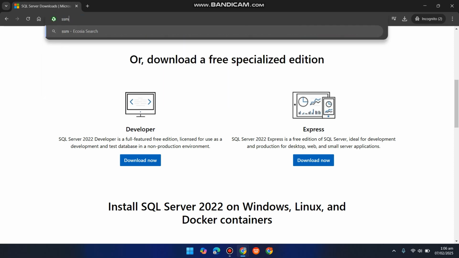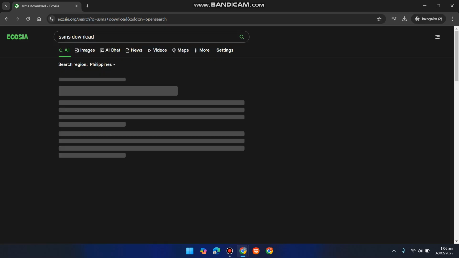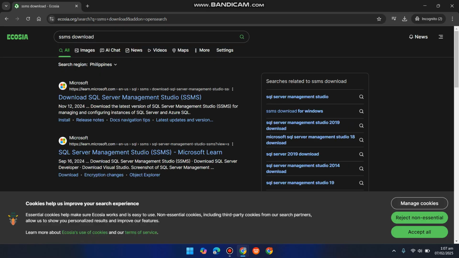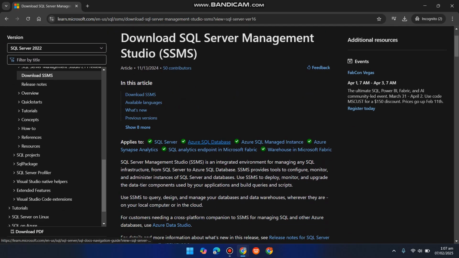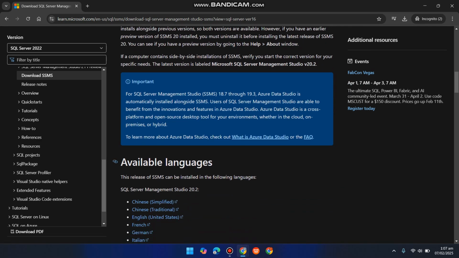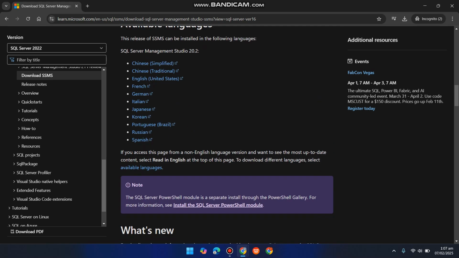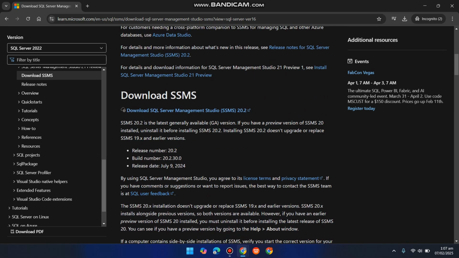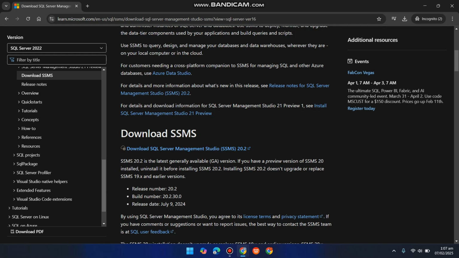Then the next is search for SSMS download. So download the SQL Server Management Studio and scroll down and find the link for the 2022 or 2020 version.